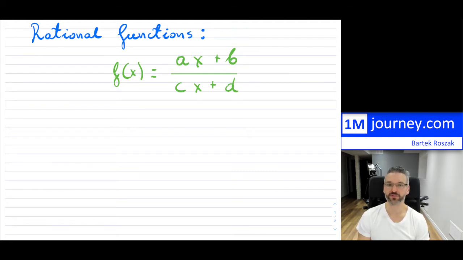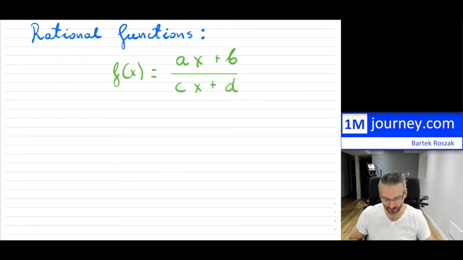So if you were sketching this, of course a, b, c, and d are just some numbers, okay? So it could be a rational number. Now we do have to be careful a little bit. You obviously can't have c and d equal to 0 simultaneously, okay? And if a and b equal 0 simultaneously, well, then that's not really much of a function there as well. So what I'm going to do is break it down and get rid of some particular cases first,